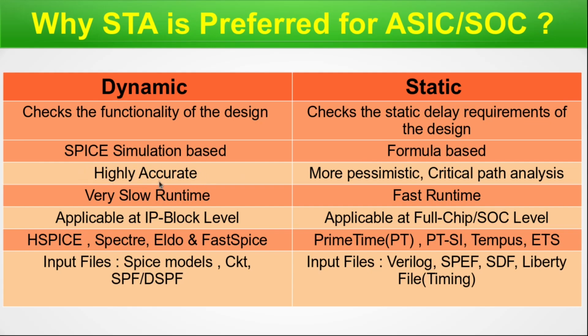Highly accurate. This is very much accurate because pure SPICE or fast SPICE with high accuracy is used, and it is more pessimistic and critical path analysis. Critical path means the pessimistic paths. Okay, this is much more topological. The dynamic one has very slow runtime, whereas the static has very fast runtime. Why does this have a slow runtime? Because it computes the actual node by node calculation through SPICE, and hence it has a large runtime, whereas in STA we are using computational intelligence to check all the possible delays and the time traversing inside